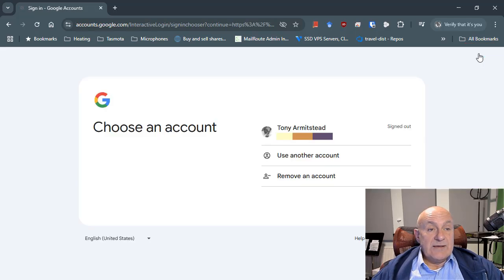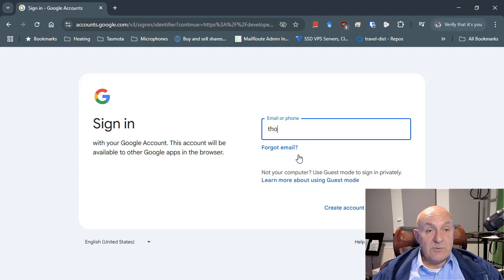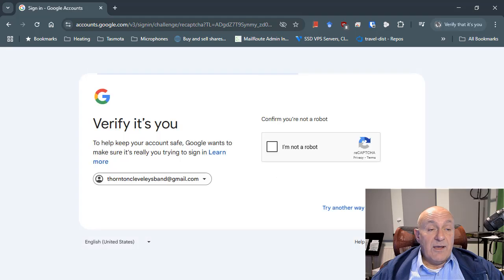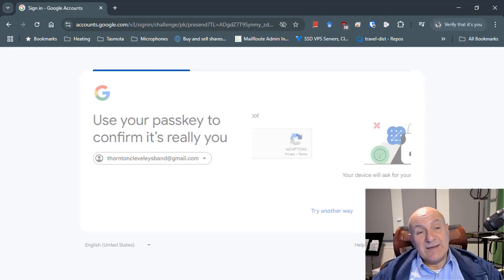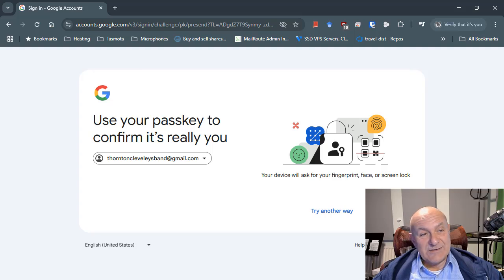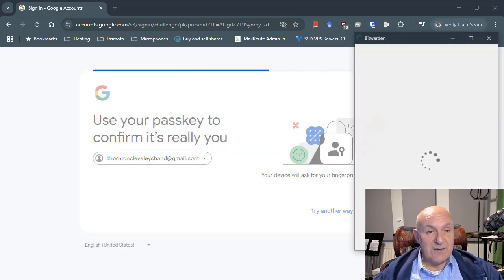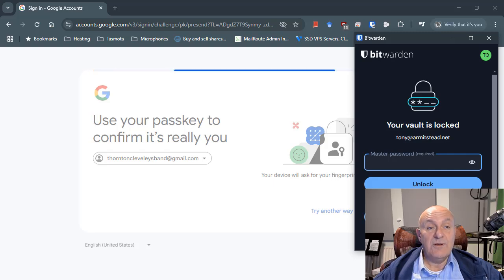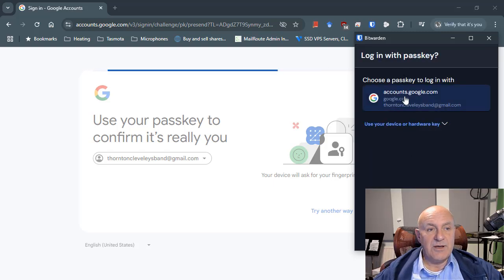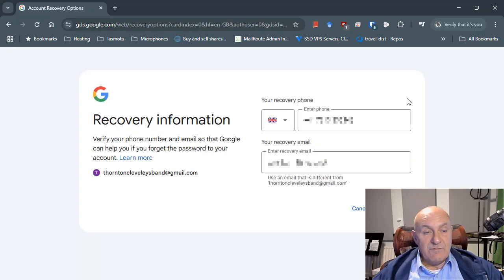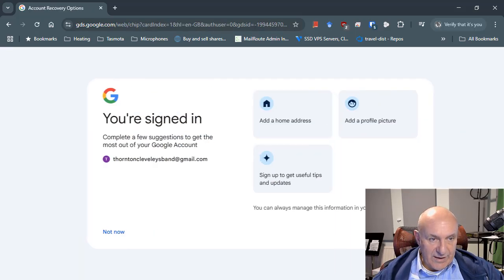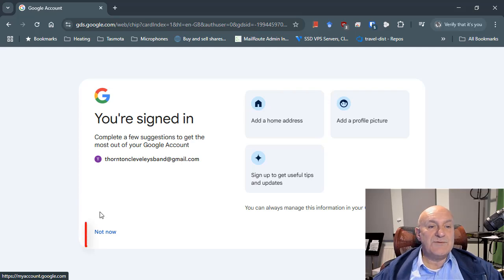We then need to click the Sign In button at the top right of the page, and you can choose to use any existing Google account you have, but in my case I'm using another account which I use for the band I'm a member of. You may then have to verify that you're not a robot, and then use whatever mechanism you use to sign into your account. In my case, I'm using my account passkey, which I've stored in Bitwarden, the very excellent password manager I use. After confirming my account recovery information and skipping the optional extra information that Google wants from me,